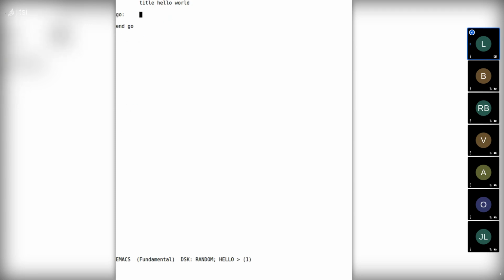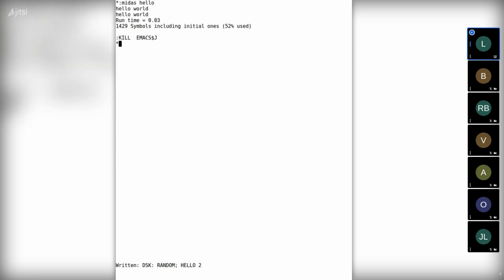We don't even have a virtual address space yet, so let's just type something there to get some memory locations. And I assemble again, and this time I'm going to use the DDT command to create a job. So I type hello escape J. And as you can see, we have Emacs and hello again. It's a fresh hello job this time.